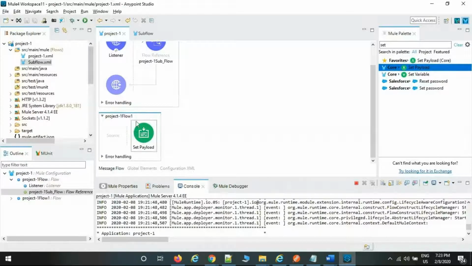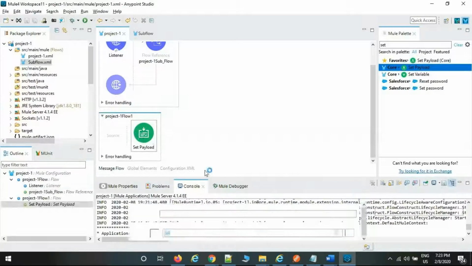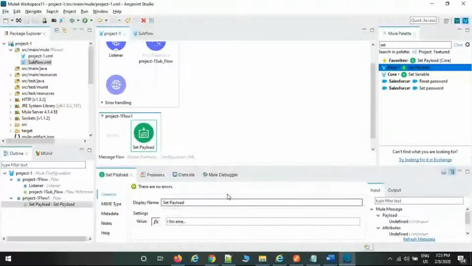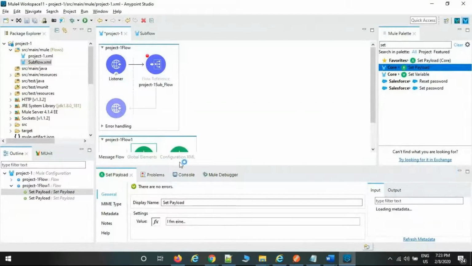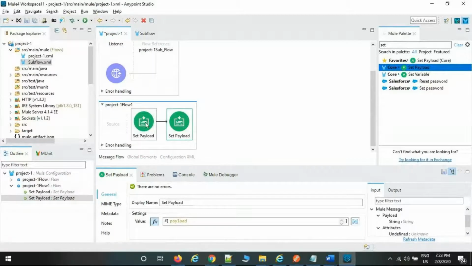Okay, now you are defining something in the set payload. What are you defining? I am fine. And whatever data you define, I want to consume in another subflow. For example, this is another set payload. You are defining here, for example, "I am fine" or something in big files also, and the same file I am going to consume here.